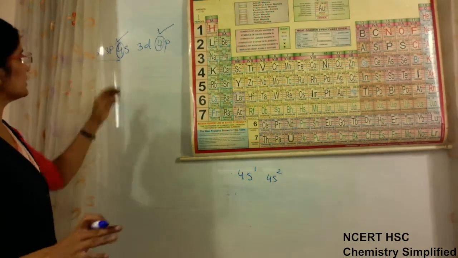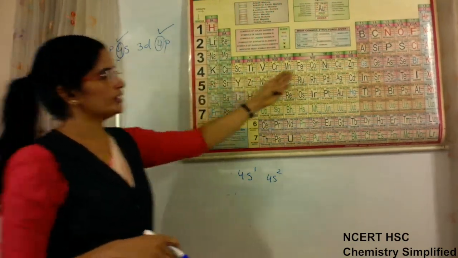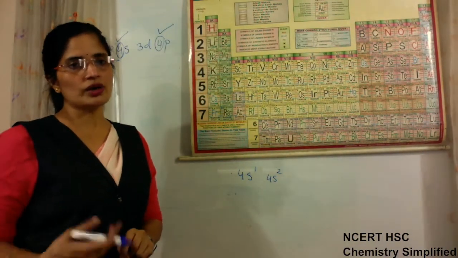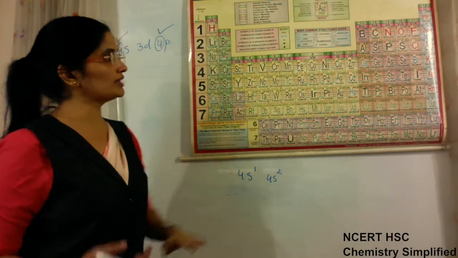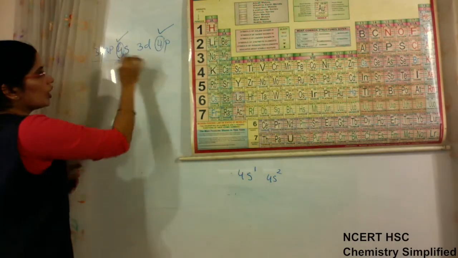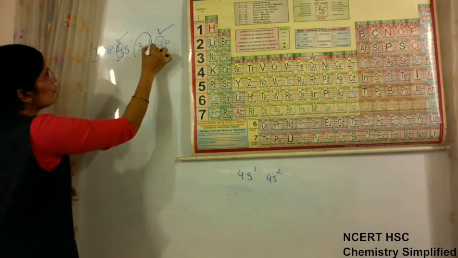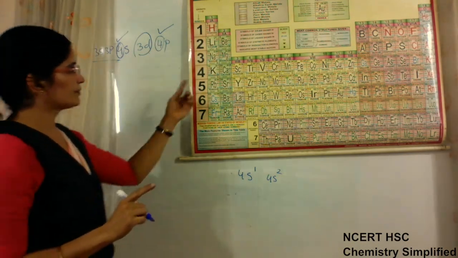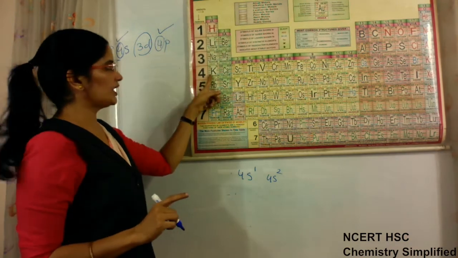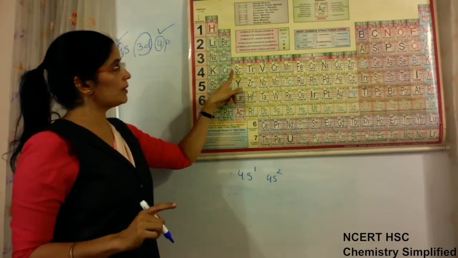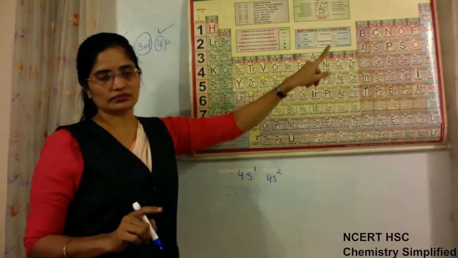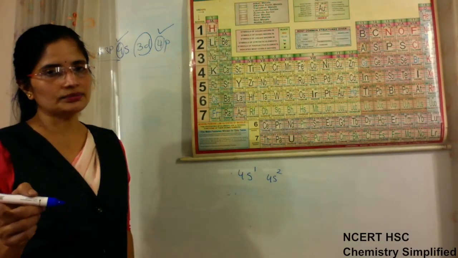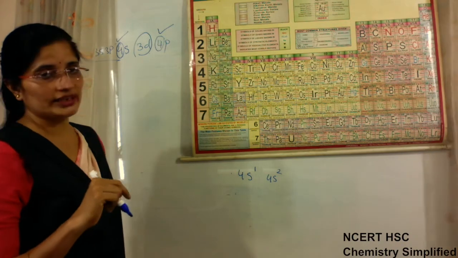It will never be like this, that here it is 4s, so here it may fill in 5s. No, because of energy order also, and also because of the arrangement in the periodic table. But always remember that the number of D will always be 1 less than the main shell. Means if we have 4th period, we will have electrons in 4s and 4p, but this will be 3d. Number of D is always 1 less than the main shell.